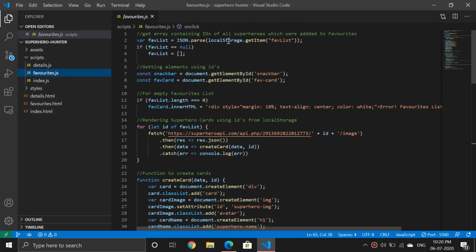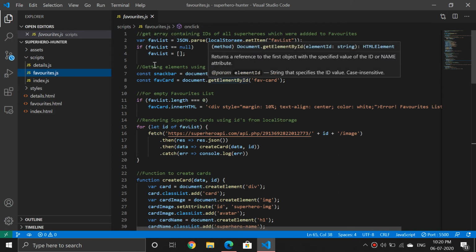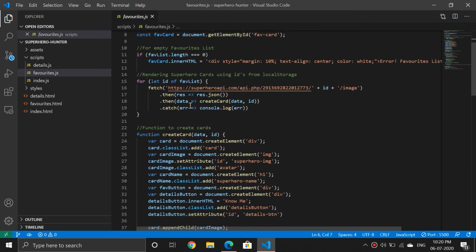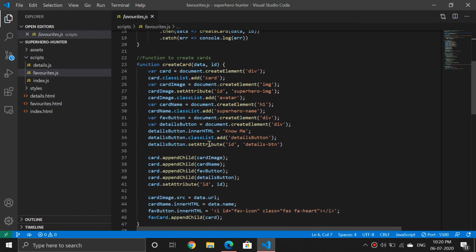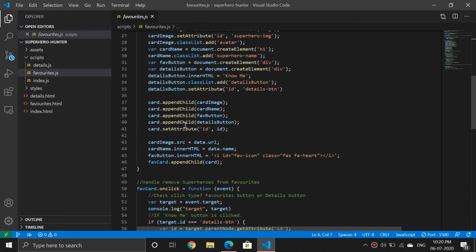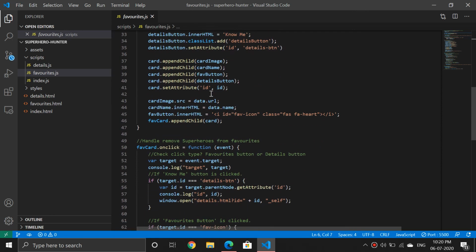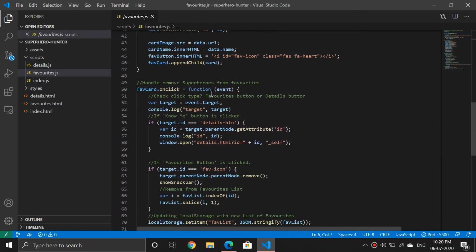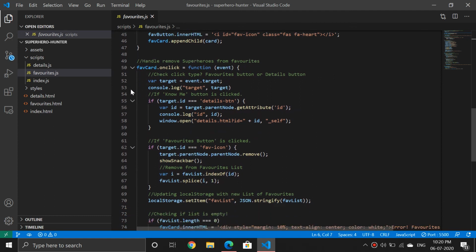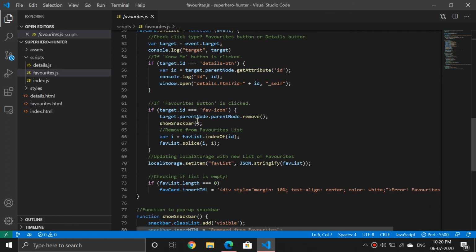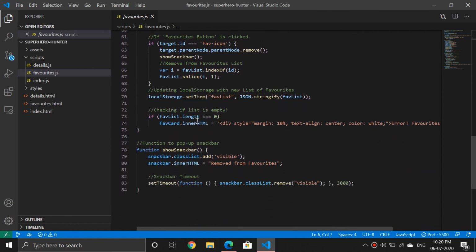Here the favorite list is maintained, which is fetched from the favorite list in local storage, and for every element of the favorite list I am calling create card to create different cards, and I am adding images and details button and favorite icon to it, and this favorite card on click manages which card is being clicked, and accordingly goes to the details of the same. And here again I have a show snack bar function.